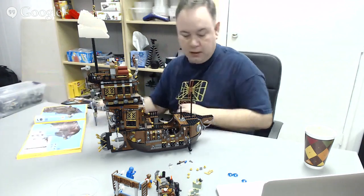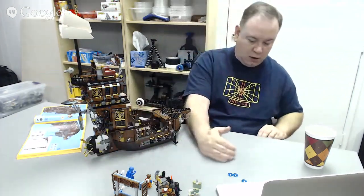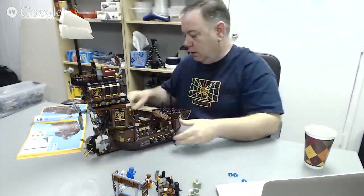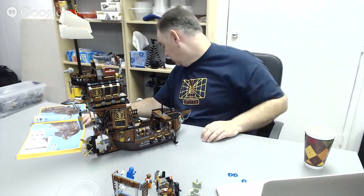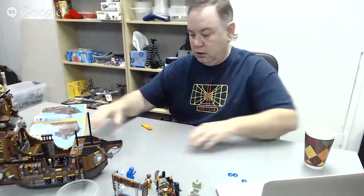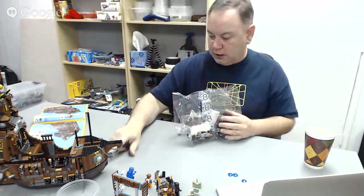Just ways of being generous, I guess. All right. The spare parts so far. We are about to open bag 8, or bags 8, there's 2 of them, to build the front end. I don't know what that part's called. I'm not a ship guy. The thing down here is called the forksel,